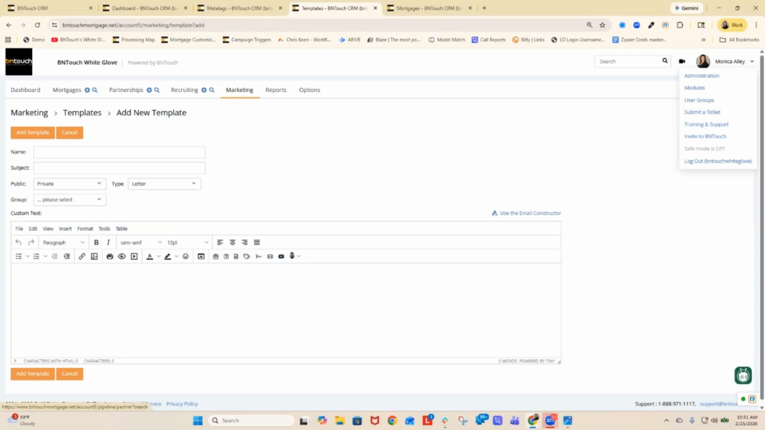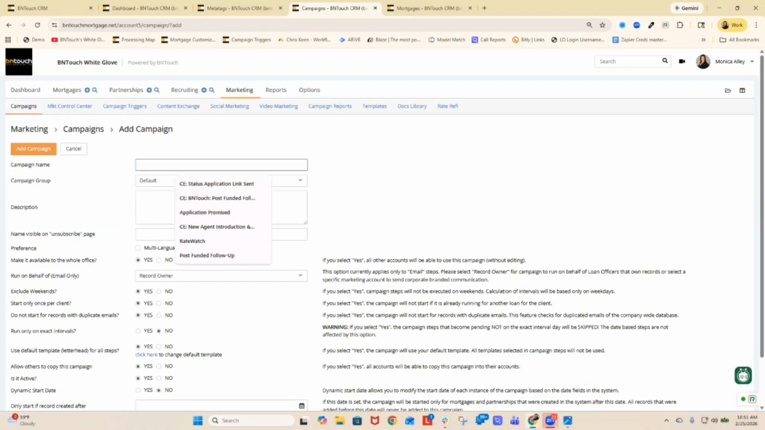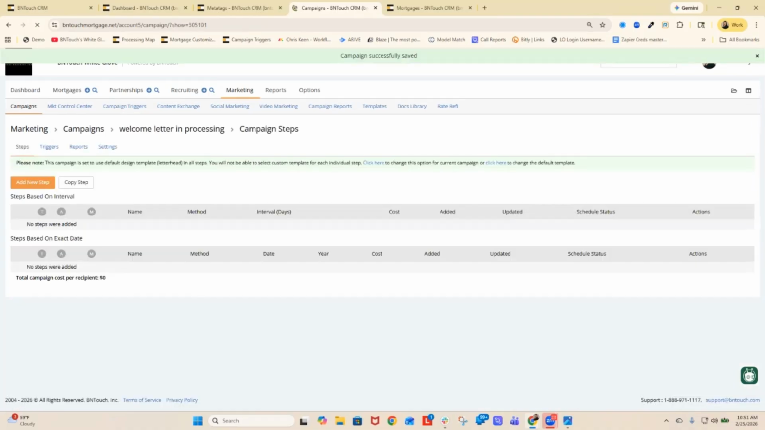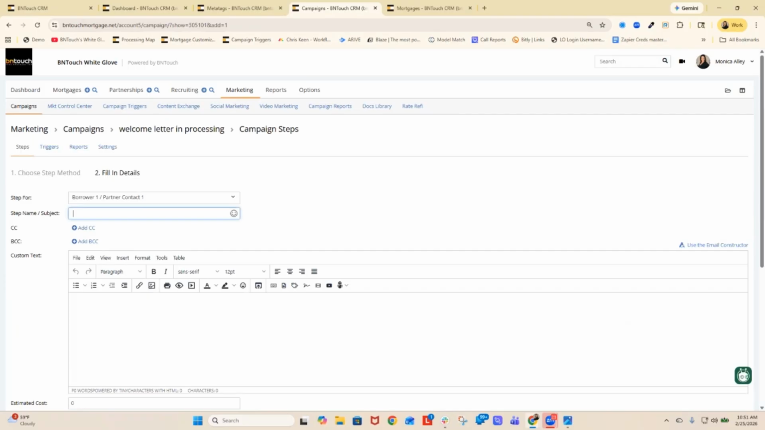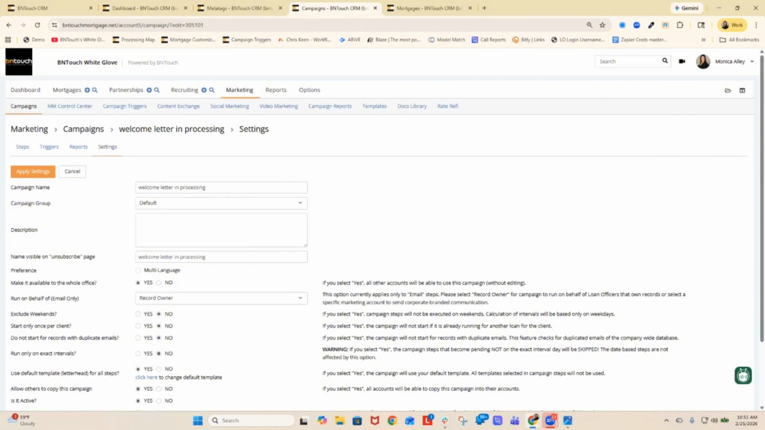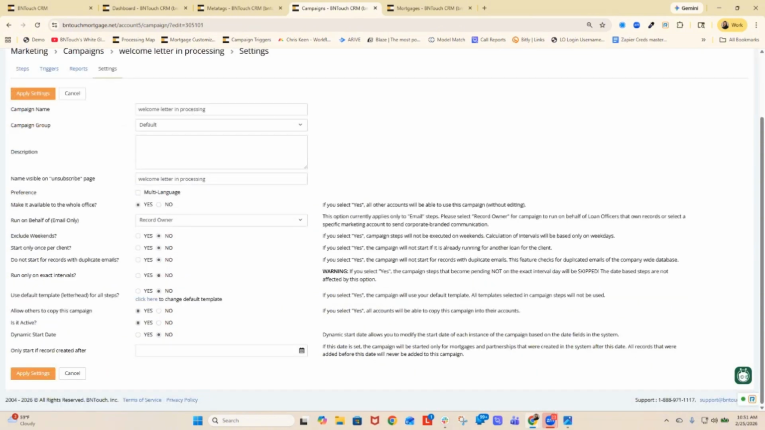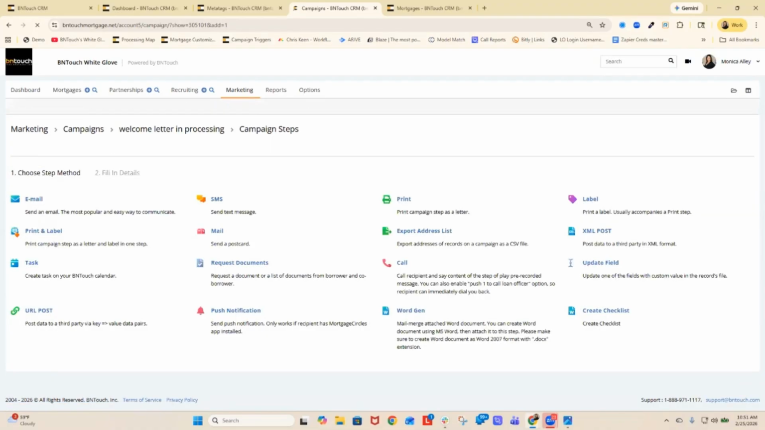So once you've got that template added, you can come to create your new campaign. Welcome letter in processing. Make sure you've got the settings with what you want, because you don't want it to be only one per client, because you're probably going to get lots of loans from them, right? Then you would add that step in, go to email, and for this particular campaign, you're going to remove the default because we're going to use the template we created. So we get rid of the default template, hit apply, go back to our steps automatically, add that email in,